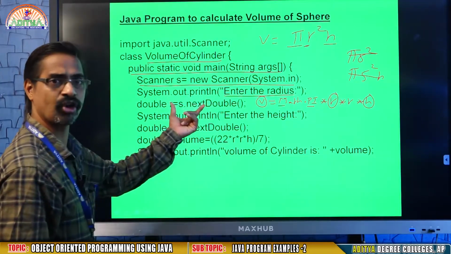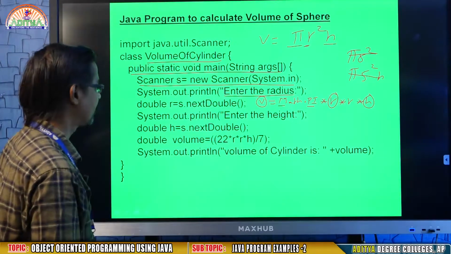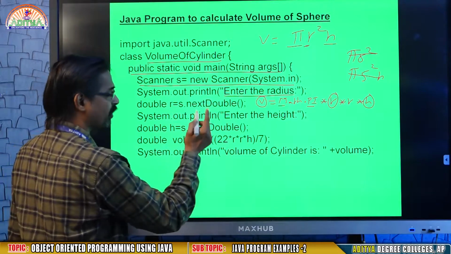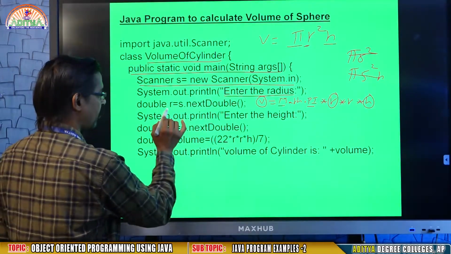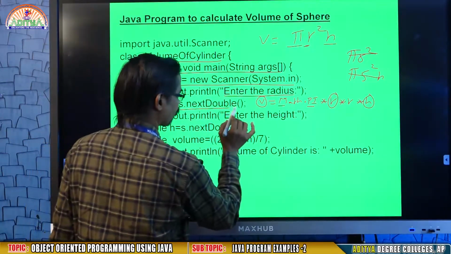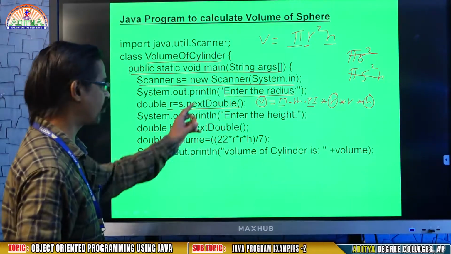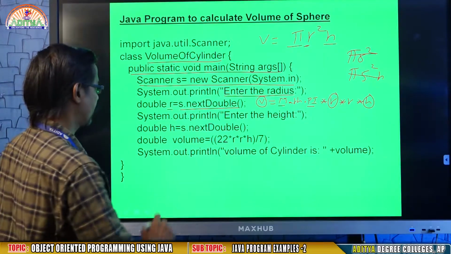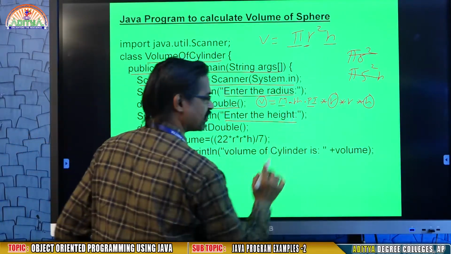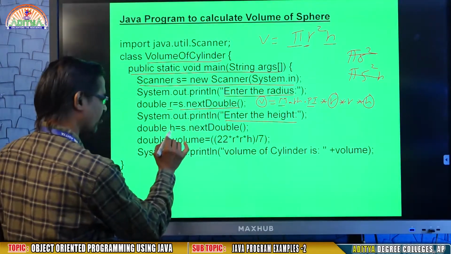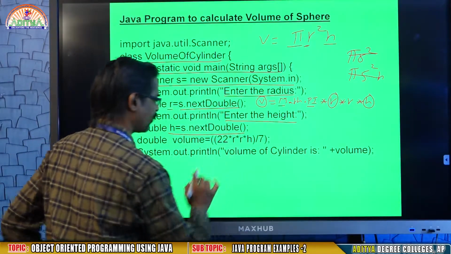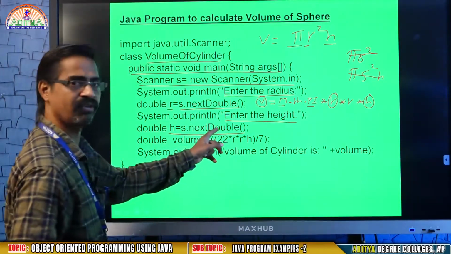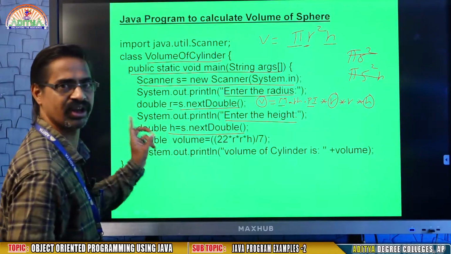System.out is just a prompt message. Now come down, I have to read a double value for r. So double r equals s.nextDouble. NextDouble will read a double value, and the double value will be assigned to r. Now I want to read the height. So I am going to use h equals s.nextDouble. That means nextDouble will read a value, and that value will be assigned to h.